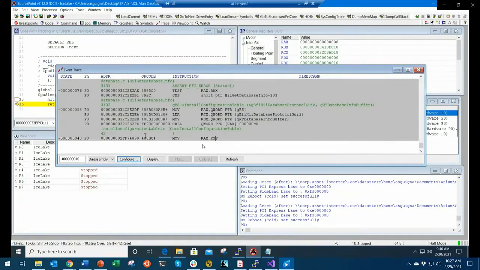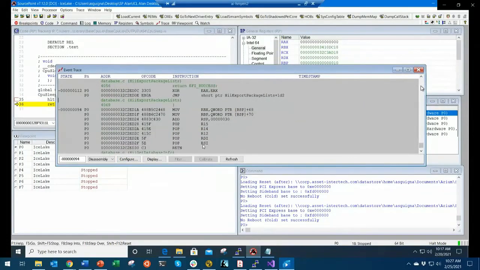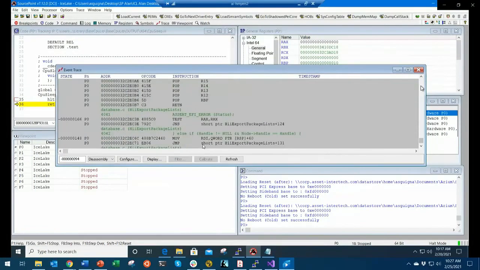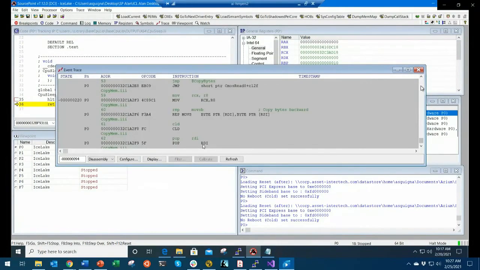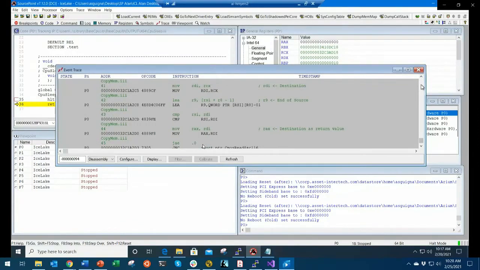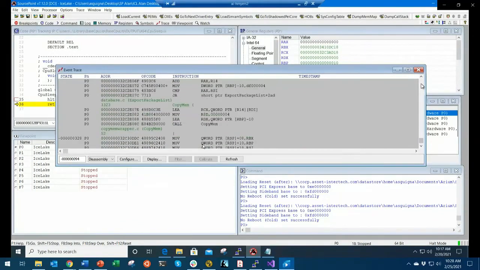And you can see right there, that is the very last invocation of core install configuration table. And you can see from the green line, the line just above, we were doing an update from within HII get database info of the runtime database info buffer there, are the parameters of it, invoked via the install configuration table routine. And you can scroll back a little bit and get a familiarity and comfort, even from a learning experience. It's great to be able to visually see what was leading up to that event,